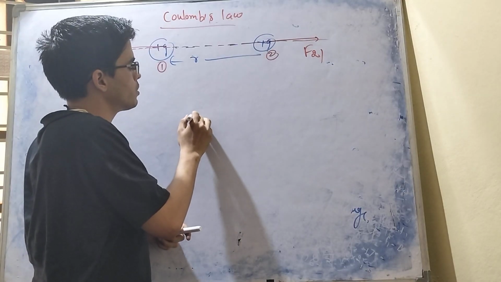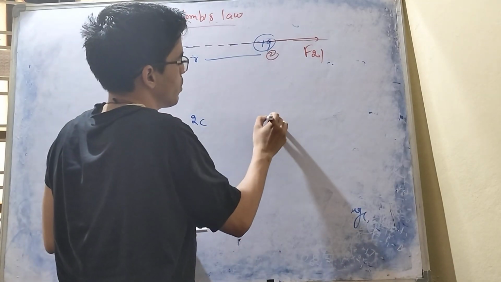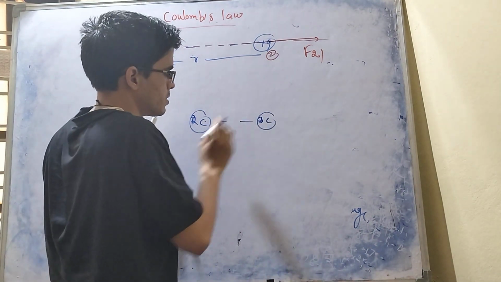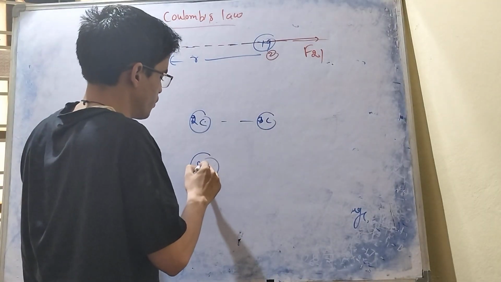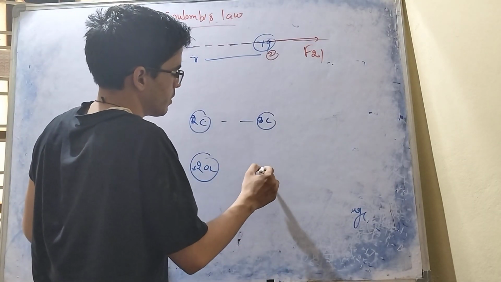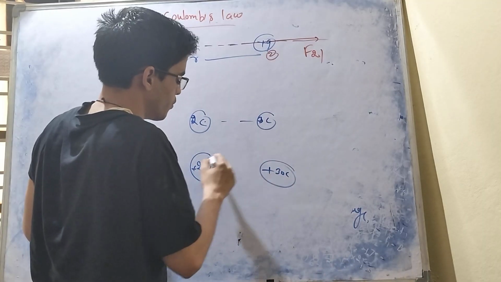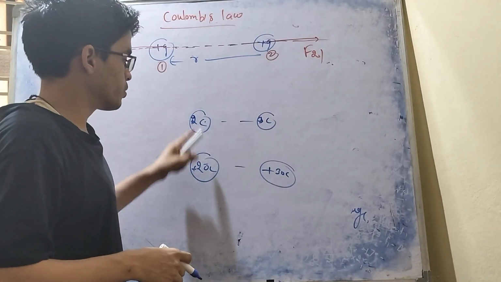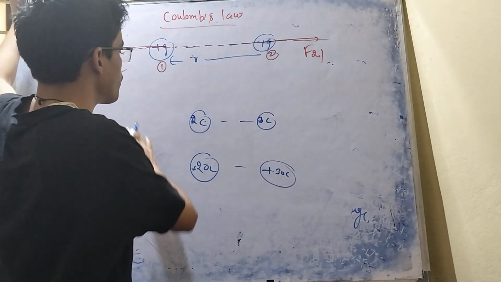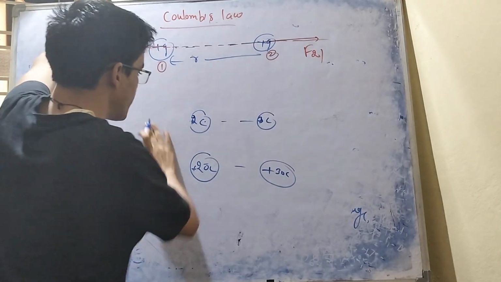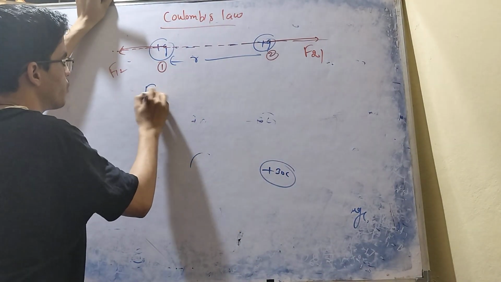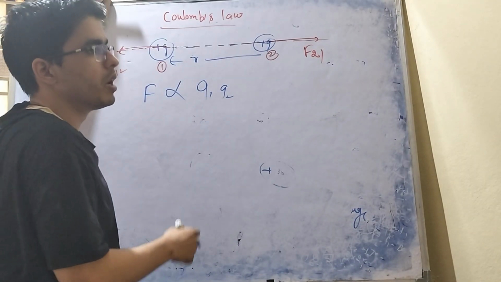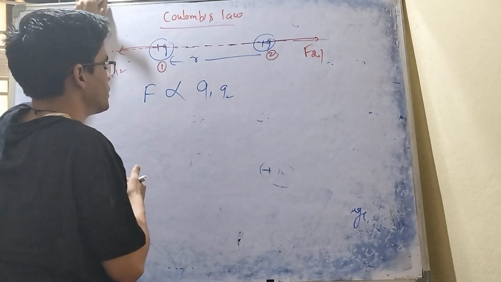Next, I am asking one question. Suppose we have a 2 coulomb charge and a 3 coulomb charge. Does force exist? Yes. Now tell me, suppose we have a plus 20 coulomb and a plus 30 coulomb. Does force exist here or not? Yes, is it less or more? Because the magnitude is also more, the force will be more. So can I conclude that force is directly proportional to Q1 into Q2, the multiplication of the magnitudes of the given charges?